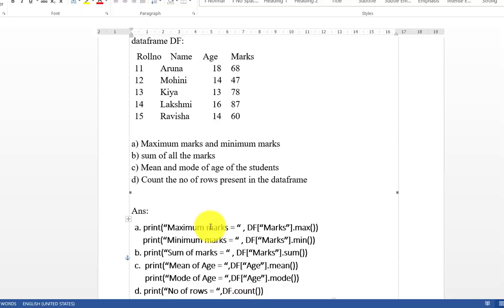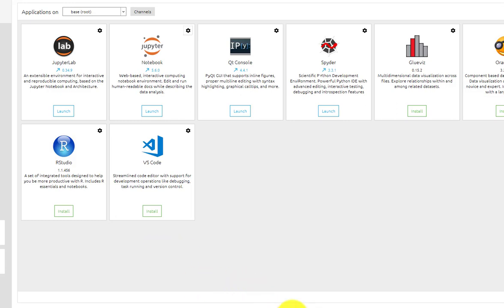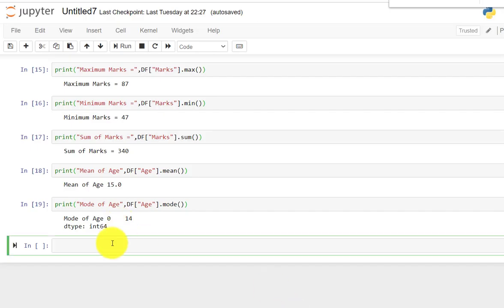And the last operation is to count the number of rows present in the data frame. How many rows are present in your data frame? So how can you find it? So once again, you call the print method.